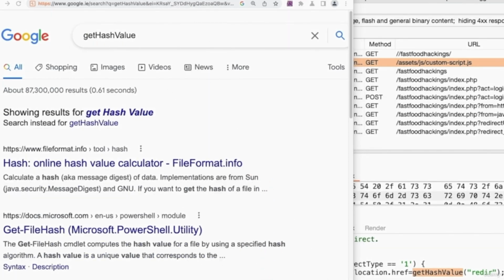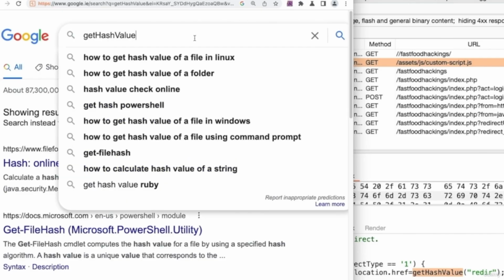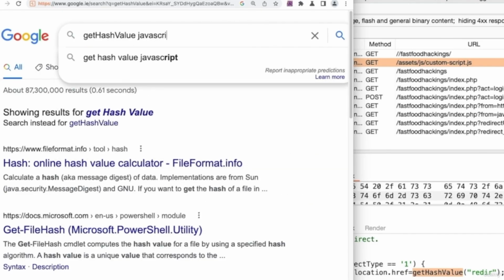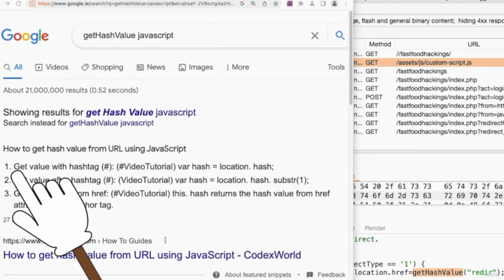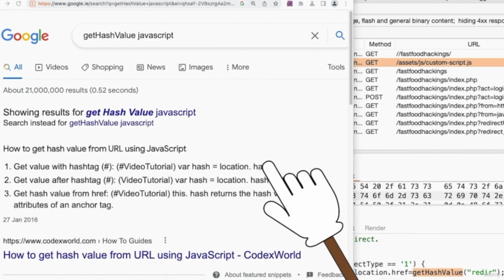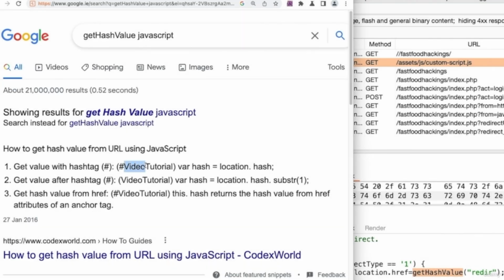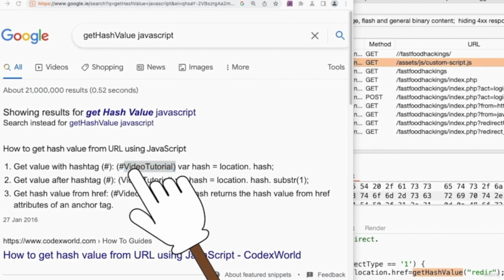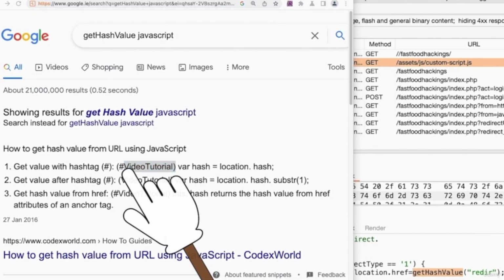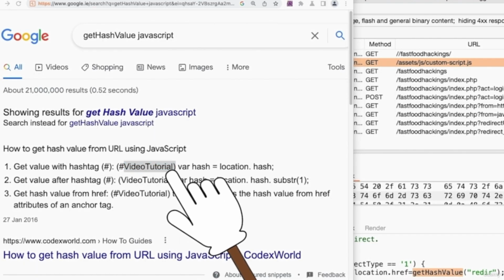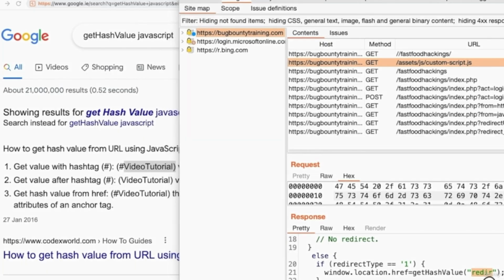And as you can see, we're not getting any good results. So I'm simply going to say JavaScript. And as you can see, again, the first result seems to be useful. And it seems like this is a common way of getting the value that comes after the hash sign. So based on this, I can make the educated guess that I can use this as a parameter, but instead